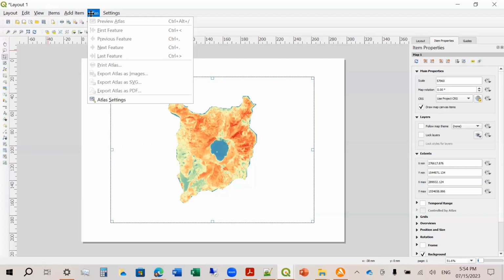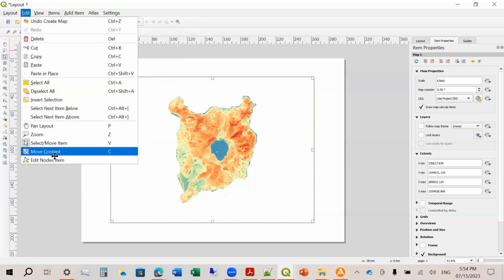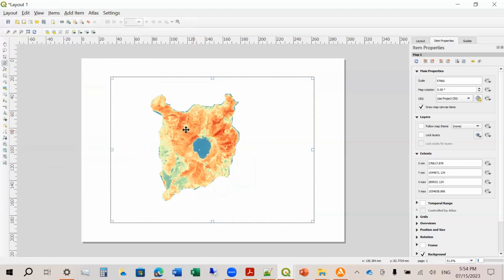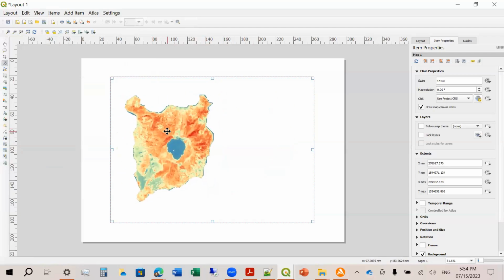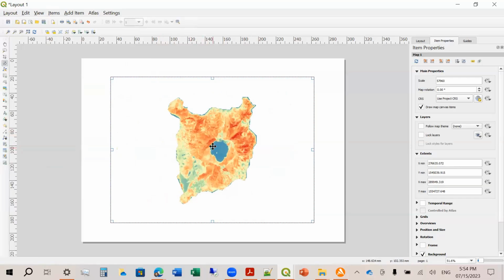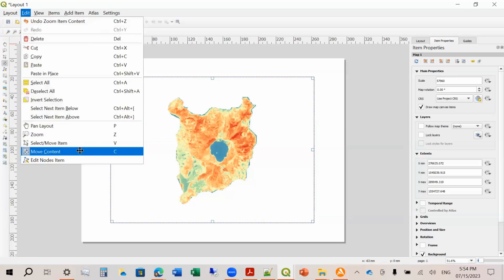Let me just move content. So edit, move content. So you can move your map. Let's say here. You can also zoom in by using your mouse roller, like that. Zoom in, zoom out.